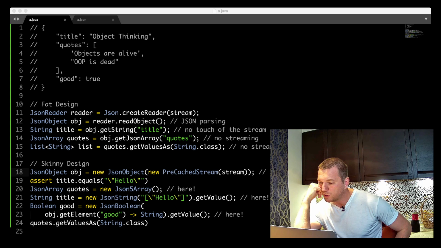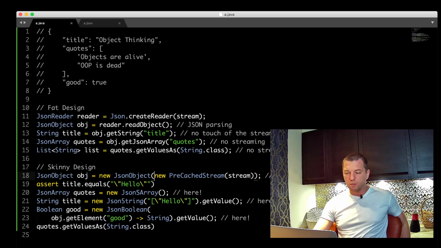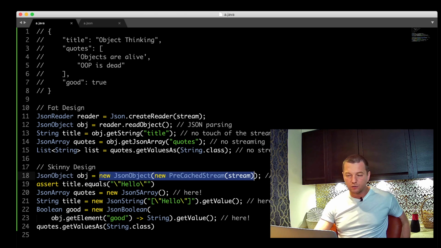Another question: what if the object is not an object in JSON? If there's a mistake, if you look at the Skinny design, if the stream contains some broken object, broken text, then here everything will be okay. The constructor doesn't do anything.